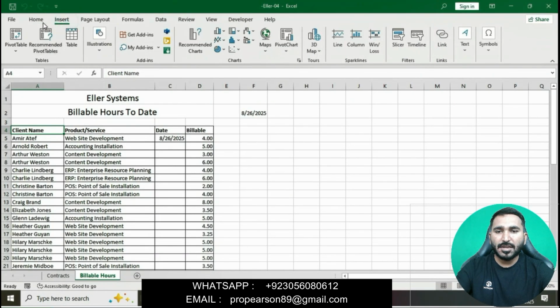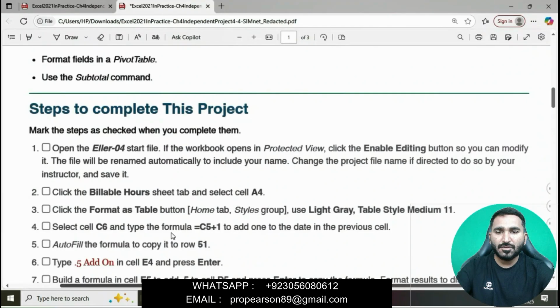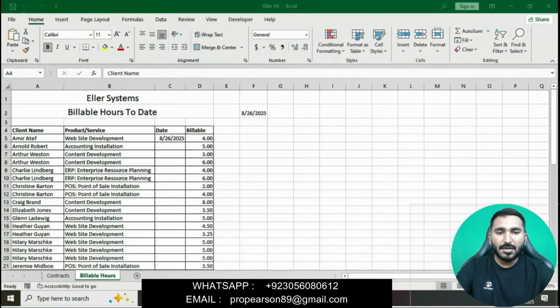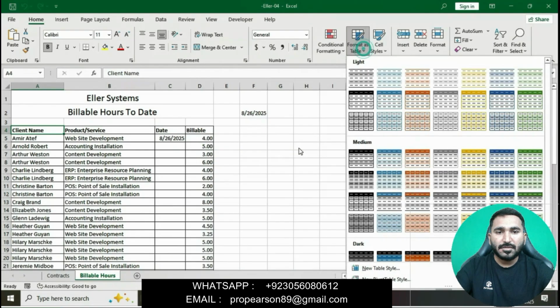Go to the Home tab. Click the format as table button. Use light gray table style medium 11. We will go to the table design and then apply the table style.